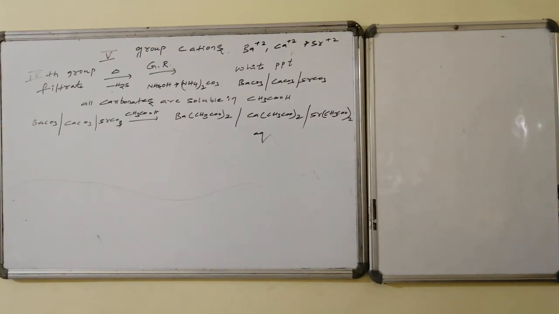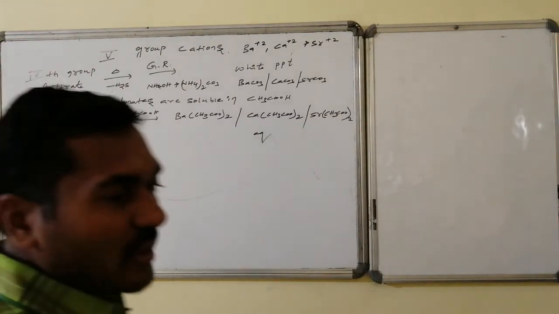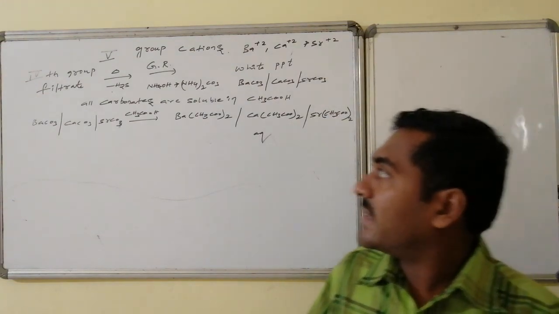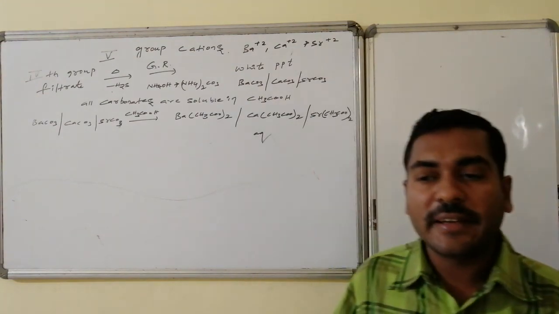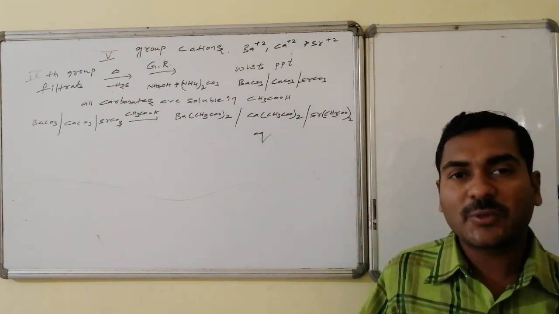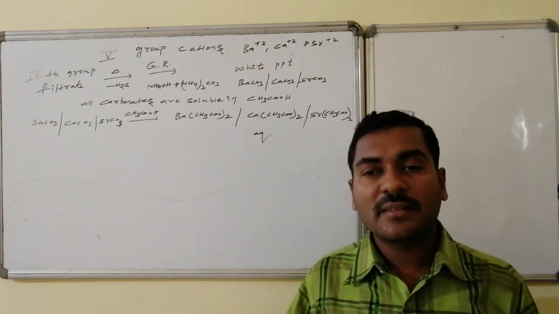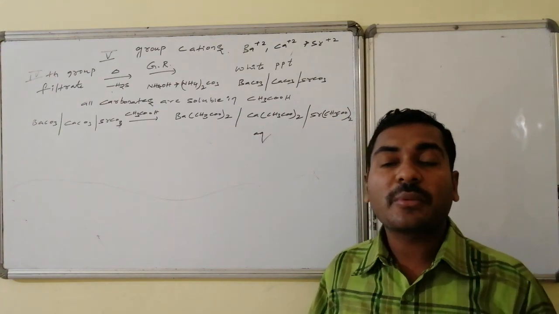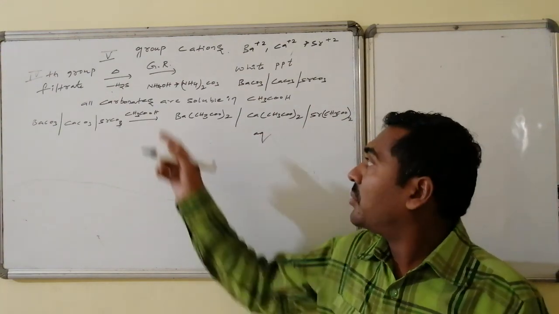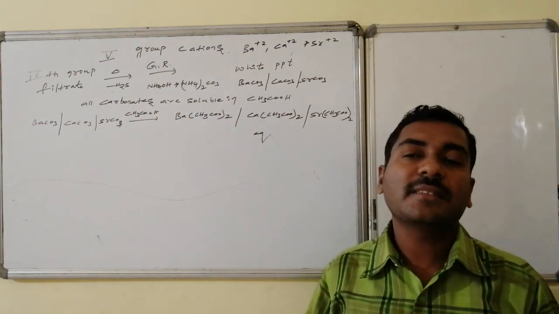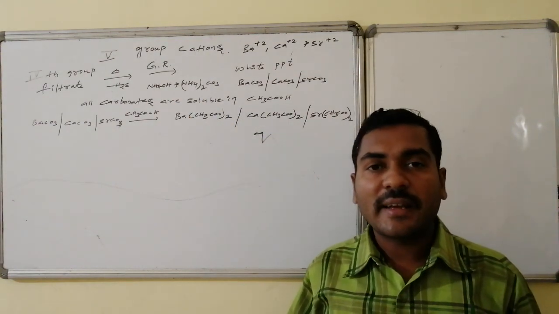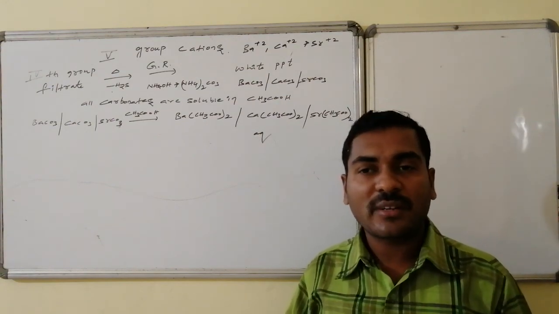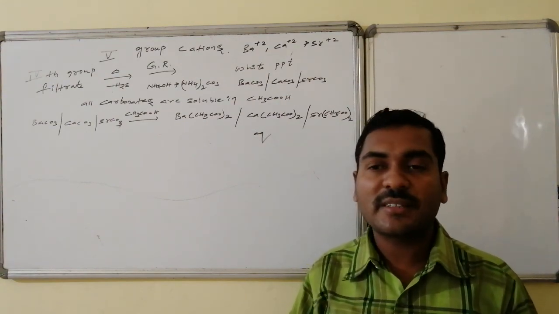I have an introduction to the 5th A group cations. The 5th A group cations are barium, calcium as well as strontium. Whereas the 4th A group filtrate is heated to remove the H2S gas, dissolved gas present in it, and for that the group reagent, that is ammonium hydroxide and ammonium carbonate combination, is added. This ammonia, which is a common ion, decreases the solubility of the carbonate, and this particular barium, calcium and strontium are having lesser solubility product with respect to the corresponding carbonates.